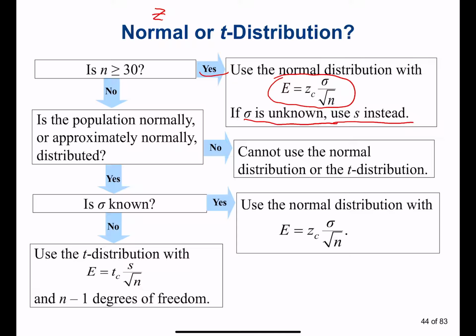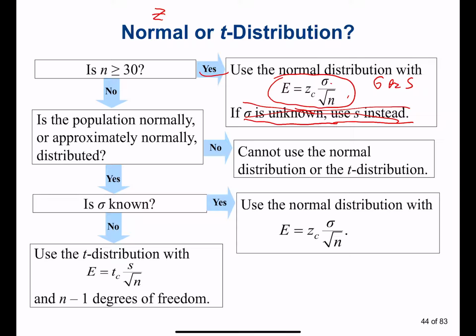Actually, you can forget about this saying. All you want to do is use the z-score distribution and this formula. If sigma is not given, which means the standard deviation of the population is not given, you can use s. So it's going to be either sigma or s, it doesn't matter. So if n is greater than 30, no doubt, you jump and do the z-score calculation for the error. If it's less than 30,